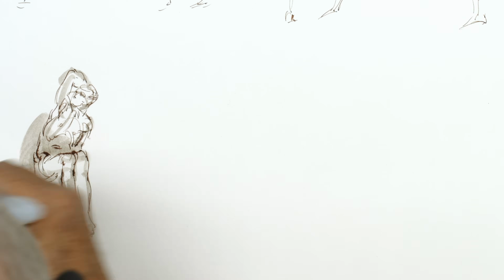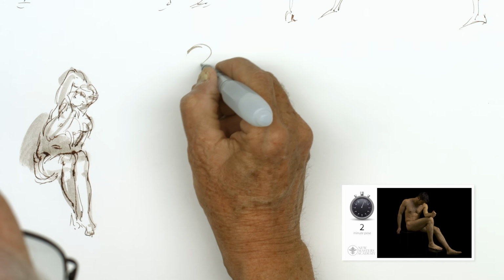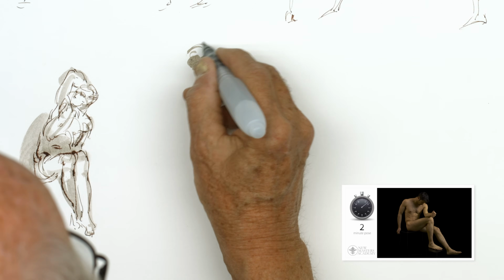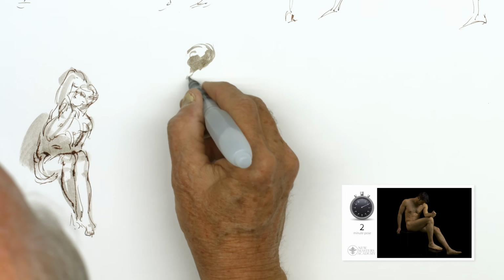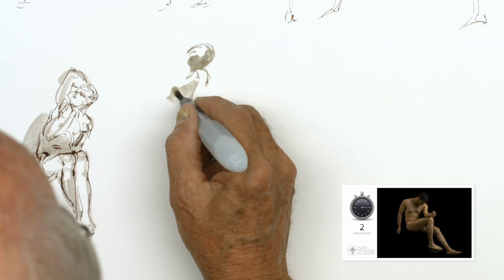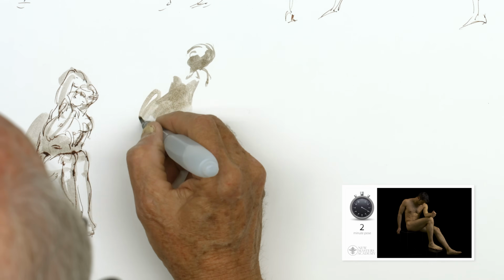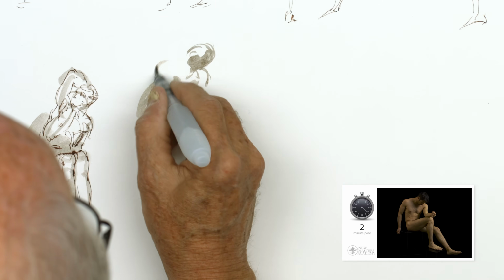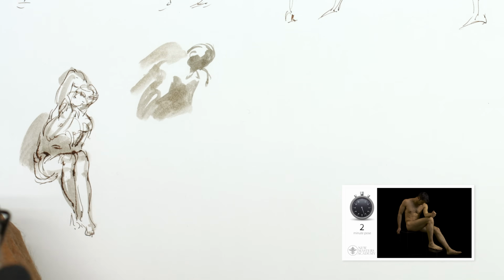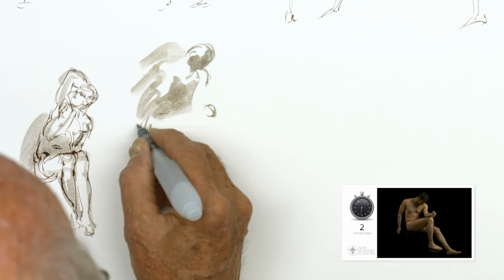Okay, again, I'm working, starting out with the brush. Now, as I do this, the poses particularly are useful in that they have a lot of forms coming forward, others going back, so I can take and create a certain sense of the drawing, the action, just by visualizing the spatial elements of the pose. Doing positive, negative shape, coming across, and coming through, going over the surface, coming under,